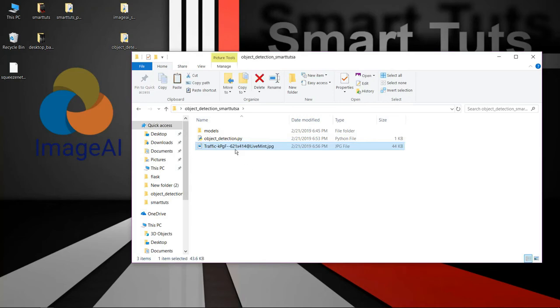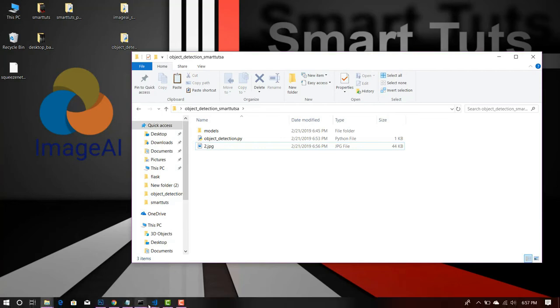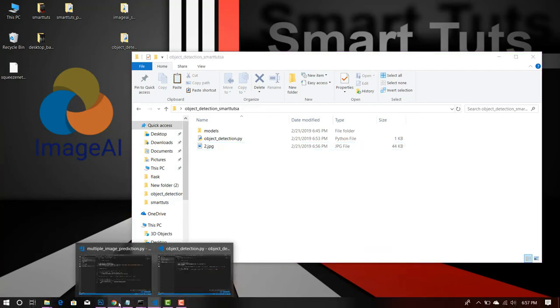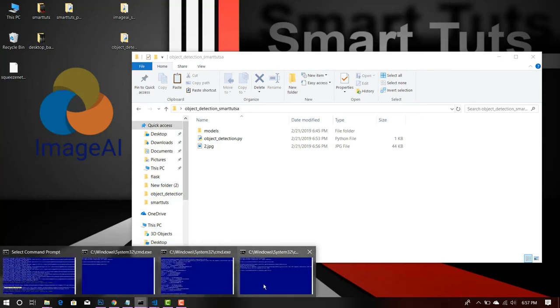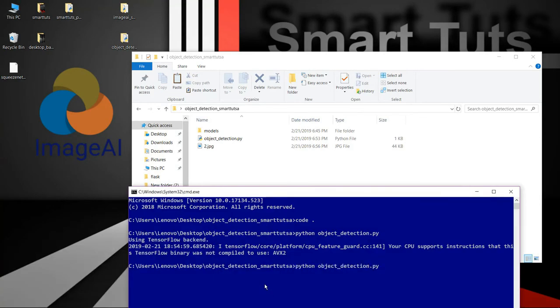I am moving this image and giving it the name 2.jpg. Pretty fine. Now run the model. I will hit the upper arrow and hit enter. The upper arrow brings back the command I wrote earlier, python object detection.py. I have run the Python file.